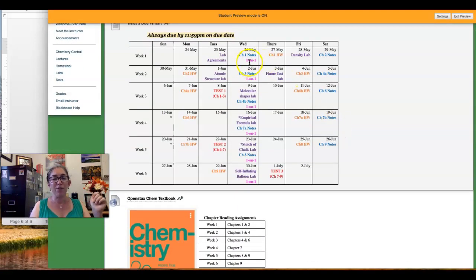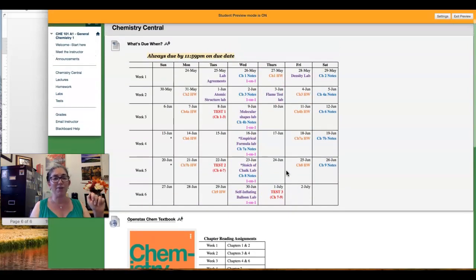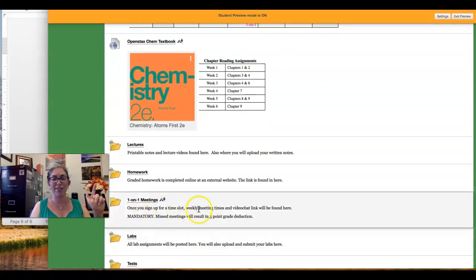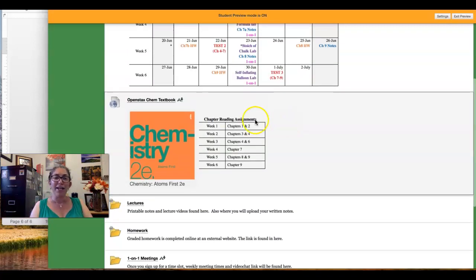And then I've also noted those one-on-one meetings on Wednesdays. So again, you'll sign up for a time using that Doodle poll link, and that will be your time, and I will list those times here. So I'll replace this message here, and I'll put a table that lists your times and a link to the Blackboard Collaborate, which is sort of like the Zoom within Blackboard that we'll use as our video chat forum. Right? Here's a link to the textbook, which is online, and a list of suggested reading assignments,